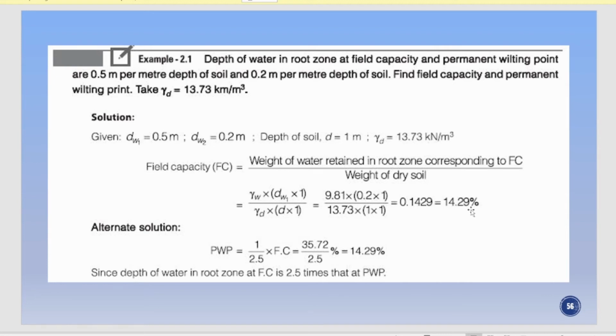percentage. Okay, so now the term that is used here is 0.2, and if it is 0.2, you know that we are determining the PWP. It is written as field capacity here, but he has used 0.2. It means we are determining the PWP here. Just try to correct it. If 0.5 is written here, whatever the value that you calculate, it will be called field capacity. Similarly, you can solve for your PWP also, permanent wilting point. Okay, right.